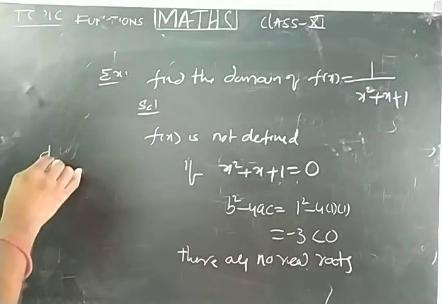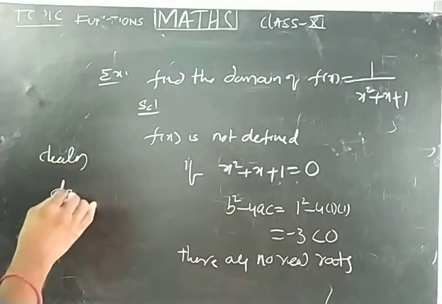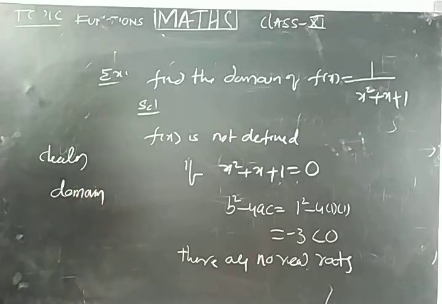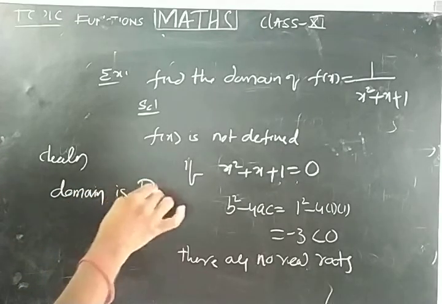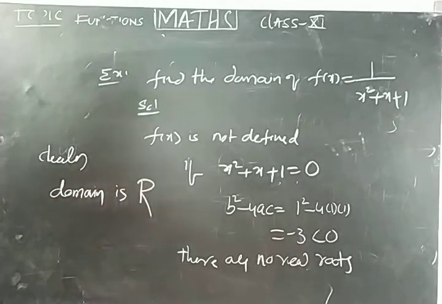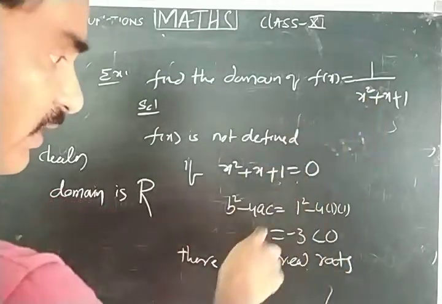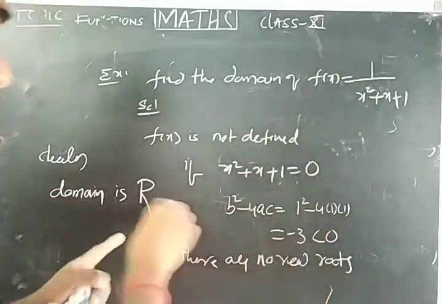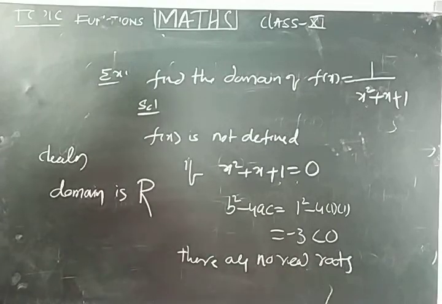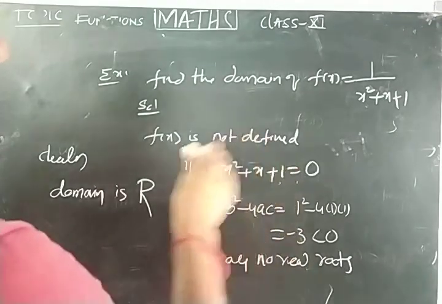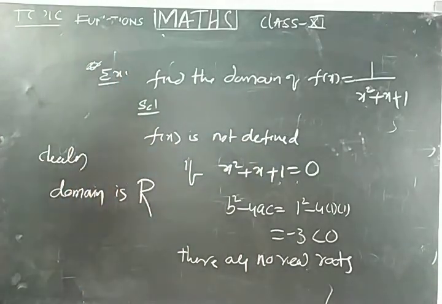So clearly you can write, clearly domain is, understand what I am saying? Clearly domain is all real numbers. Every real number, if you substitute here, you will get the answer. Answer means output. If you have any real roots, you have to subtract those real roots from the real numbers. But there are no real roots. Why? Because discriminant is less than 0. Right? So this is also one of the important problems. Okay. Later we can discuss exercise problems also. Okay. Right. Thank you.